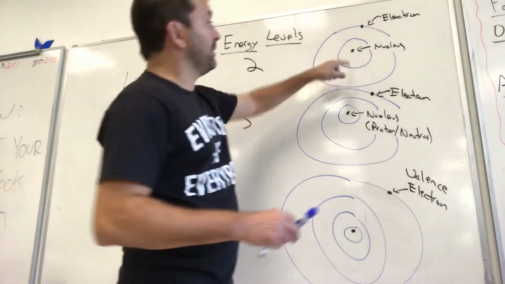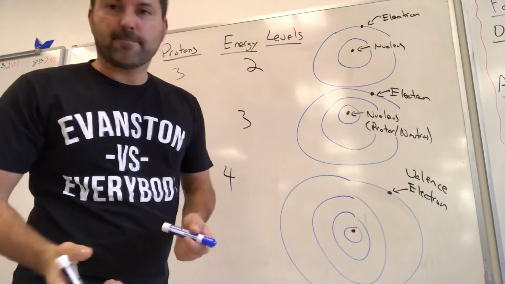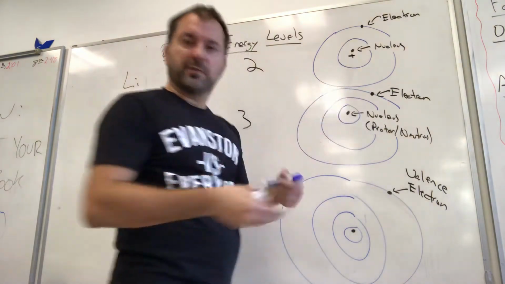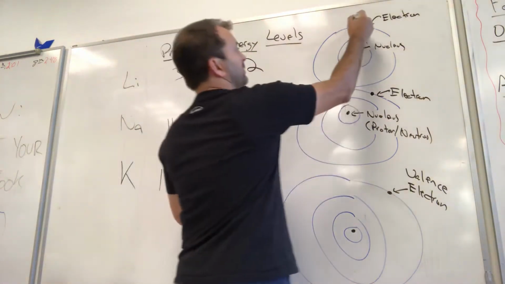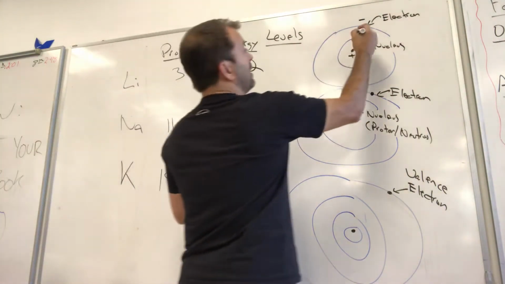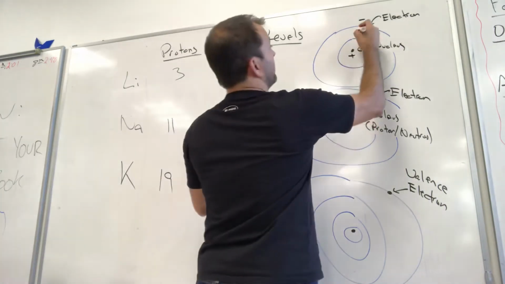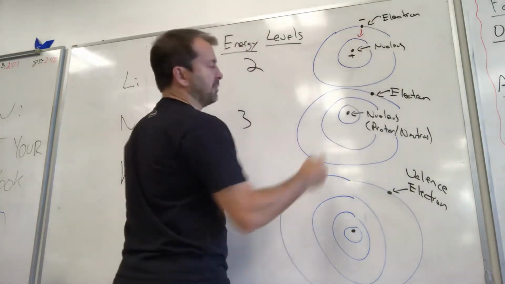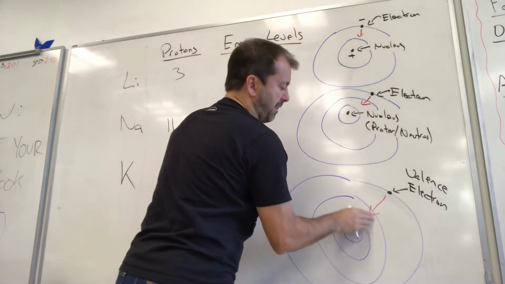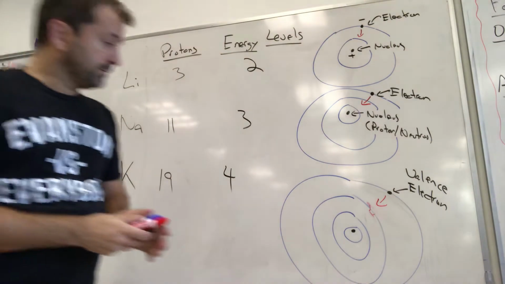So we look at this and we know that the nucleus, if it has protons in it, what charge would it have? Hopefully you said positive. Electrons, we spent time on this, but we know that they are negatively charged. And so there's an attraction between positive and negatives. And so there is a force of attraction pulling in on these electrons, right? So that force, though,